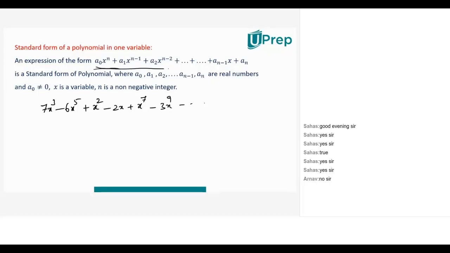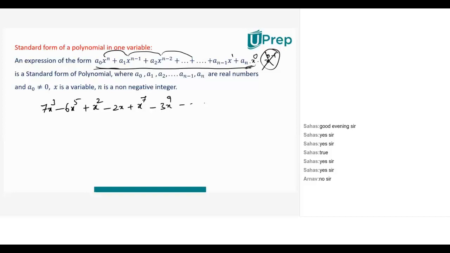If you observe, in the beginning we were told the terms are arranged in descending powers. First x power n, then x power n minus 1, 1 power less than that, 1 power less than that, followed till the least power should be 0, because after this if I extend, this is x power 1. When I write 1 minus 1, this is x power 0. After this, it should be x to the power of 0 minus 1. The moment x to the power of 0 minus 1 comes in the sequence, it's no more going to be a polynomial, because polynomial condition is there should be only positive powers. So every polynomial will end with a constant. After that, there will be no more terms.